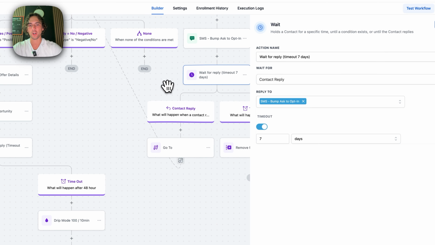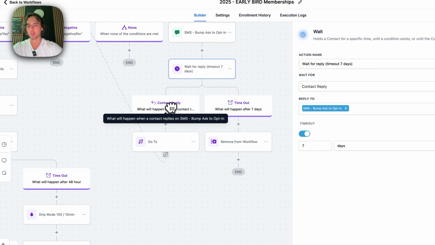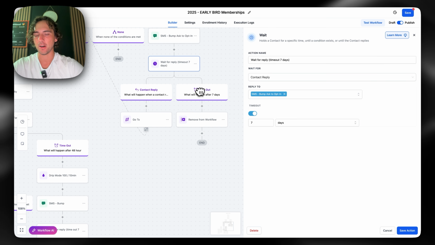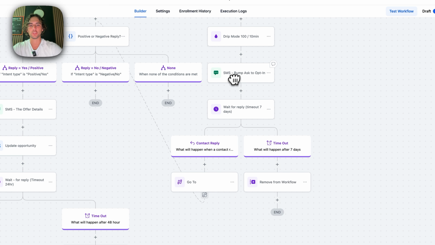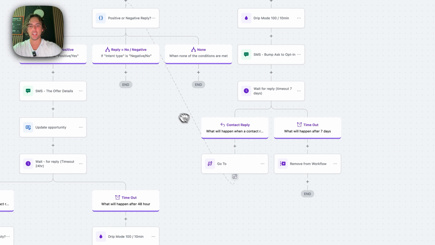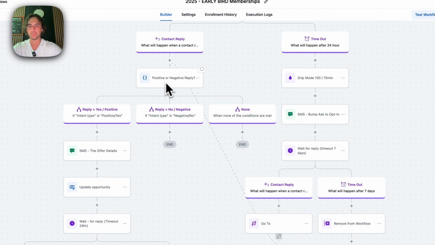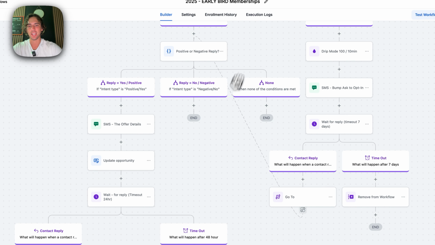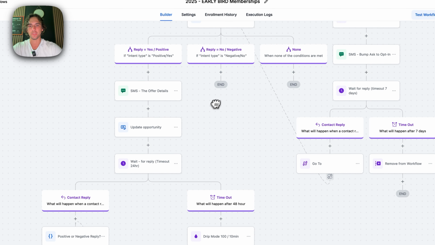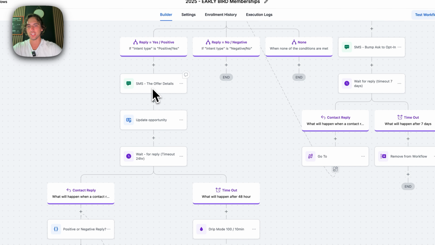Same thing, we're either going to wait and see if the contact replies, or we're going to time them out after 7 days. If the contact does reply to this bump message, then all we do is use this go-to step, which will pass them back up to this positive or negative reply, and then they go down the same step. So if they replied yes, positive, we send them the offer details, we update their opportunity,